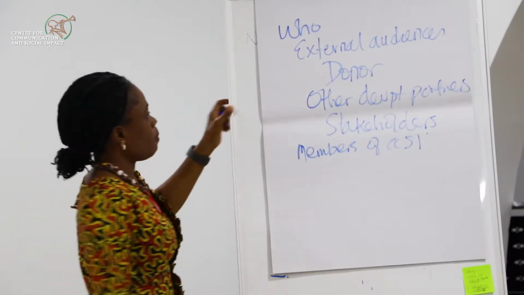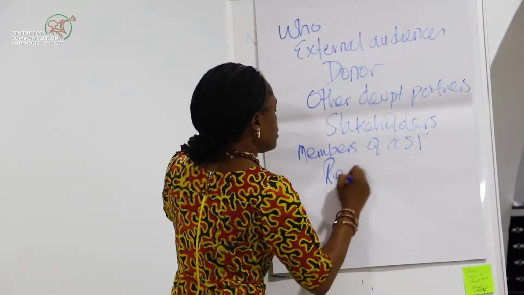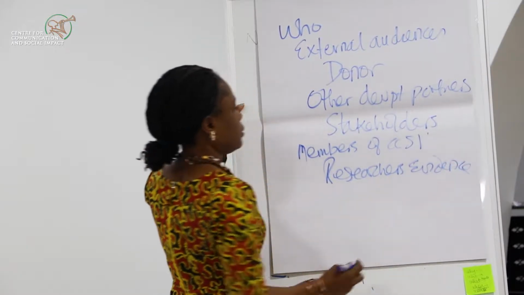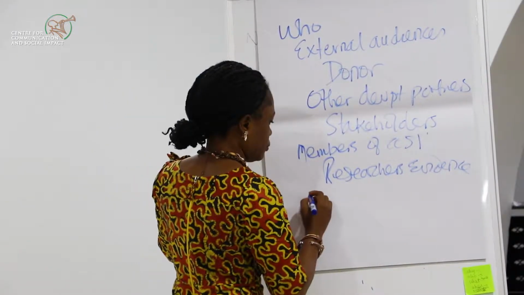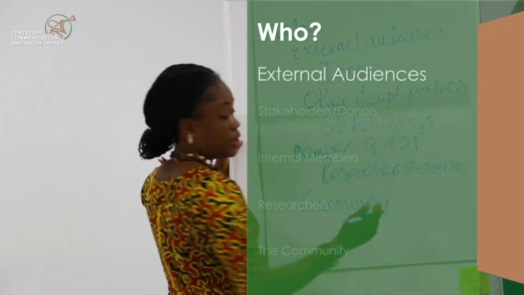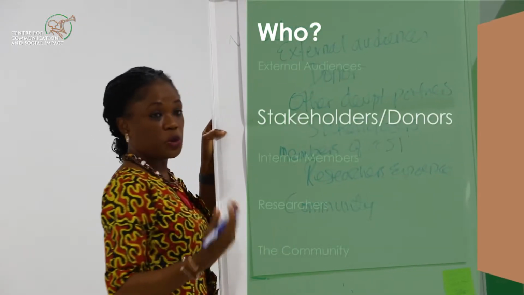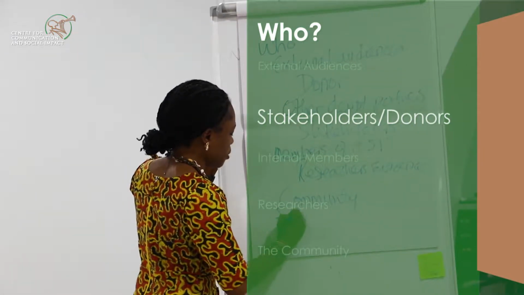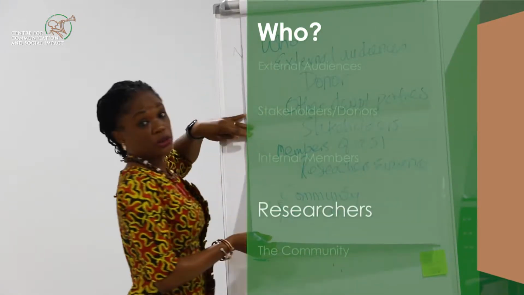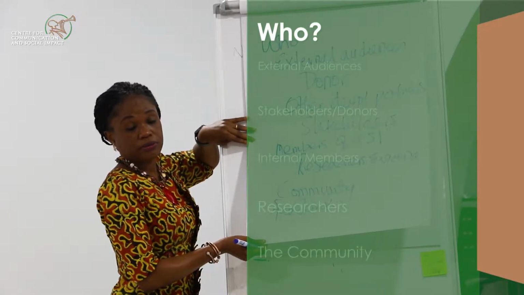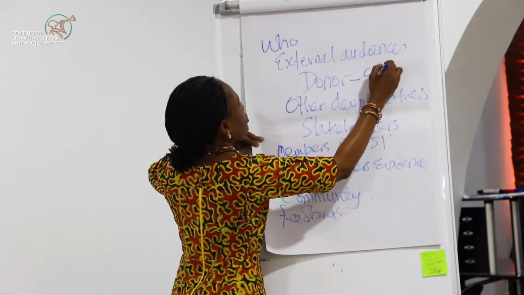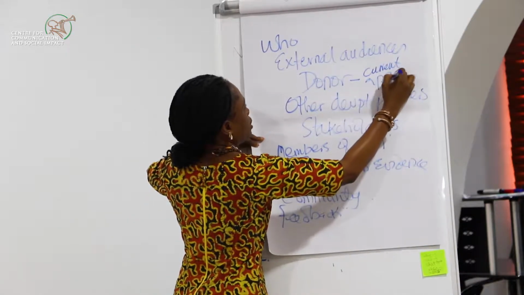And among the stakeholders, I think it's researchers looking for evidence. People looking for evidence too. Even for the community where the activity is implemented, you write and share it in the language they understand. I think this is important in the light of our new approach to getting feedback and giving feedback. This is something that we need to step up. Have we exhausted the who, so we can go on to the next one? Who do we write to? Under the donors, I think current and potential donors, and potential are even more important. Current and potential.